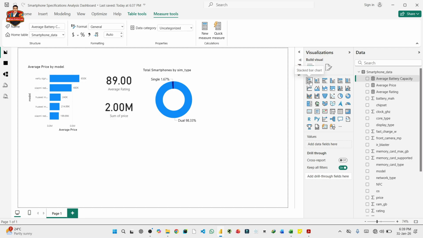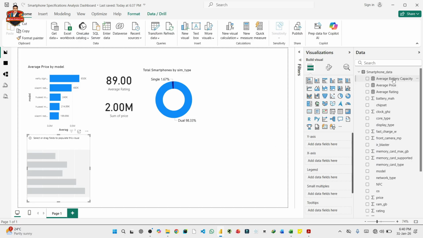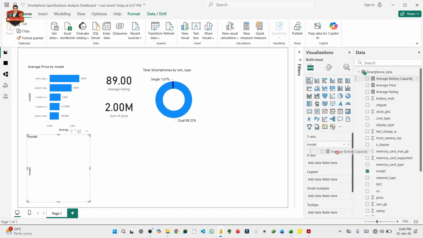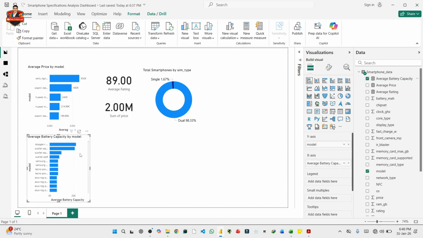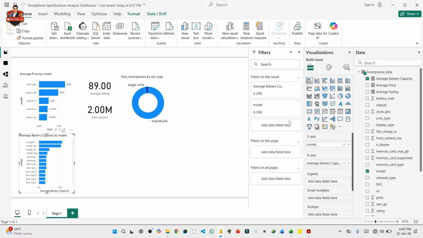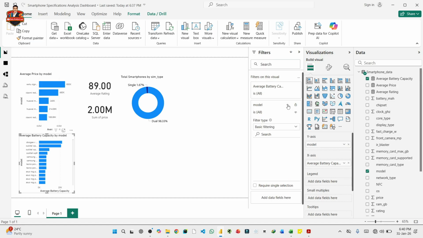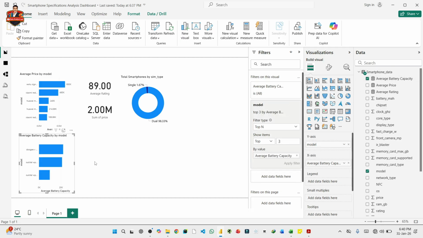Take a bar chart. Take a model y-axis and x-axis. We take the average battery capacity measure value, drag and drop. We go filter, top three value. I will show here is